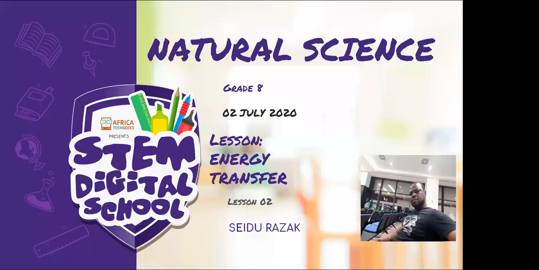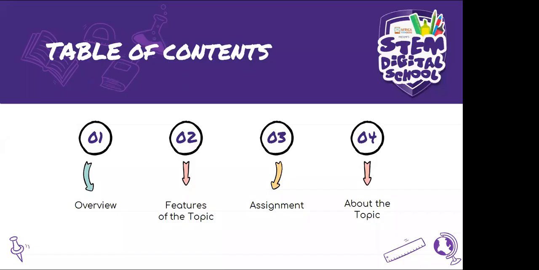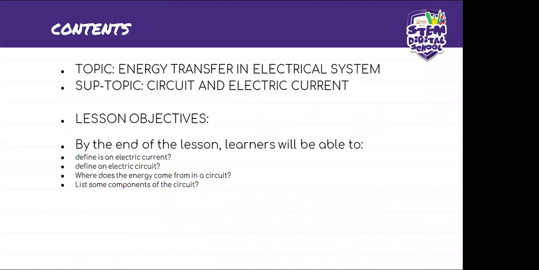Welcome to today's lesson on natural science. Our topic is going to be energy transfer in electrical systems. Okay, all right. So our main topic is, as I said, energy transfer in electrical systems, and then we are going to look at circuits and electric current. So our lesson objectives are, by the end of the lesson, you should be able